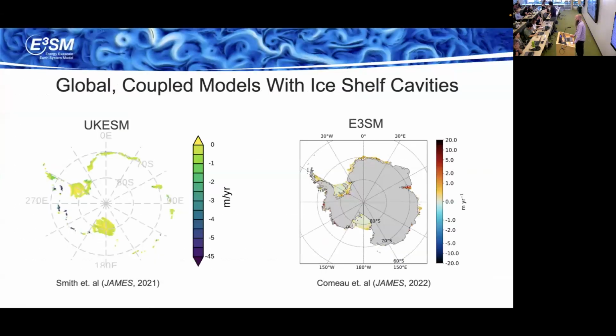So E3SM is in a very small group of global coupled models that have ice shelf cavities in the ocean domain. That allows us to calculate melt rates from Antarctic ice sheets that allow us to quantify some portion of sea level rise due to Antarctic mass loss. Now, in these configurations, the geometry of the ice sheet is static. So the ice sheet itself is not coupled to the model in these simulations and does not evolve, but we can still calculate the melt contribution from ice shelf basal melting.